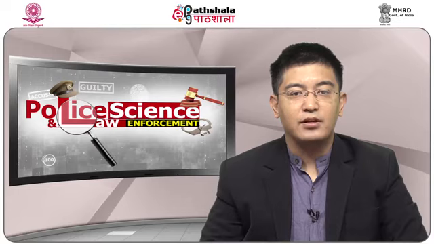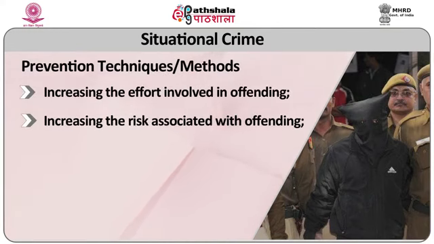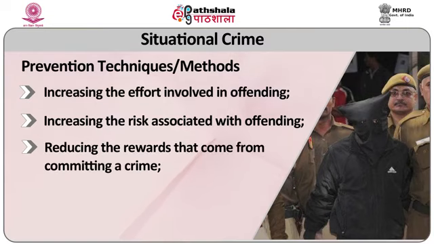Situational crime prevention interventions include activities such as improved security through strengthening locks and improving surveillance. Cornish and Clarke have classified 25 situational crime prevention techniques into 5 broad categories that are based on the mechanisms underlying the different methods. Increasing the effort involved in offending, increasing the risk associated with offending, reducing the rewards that